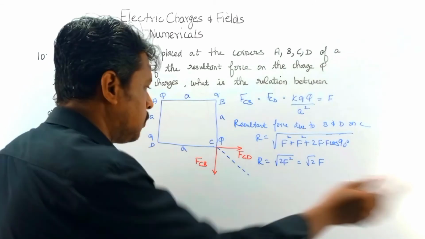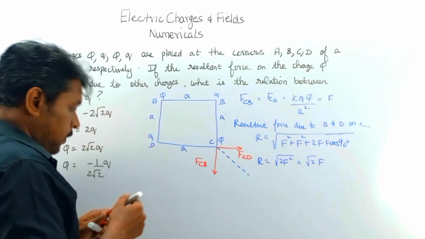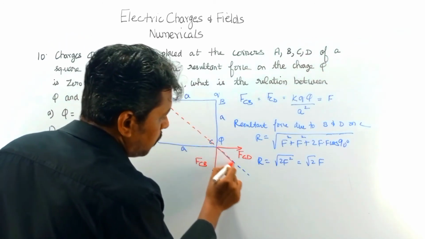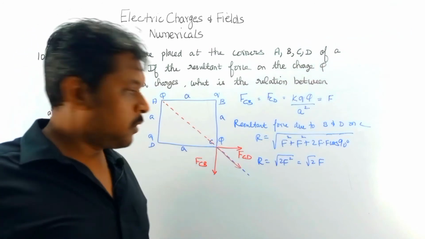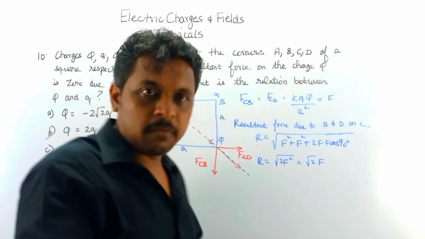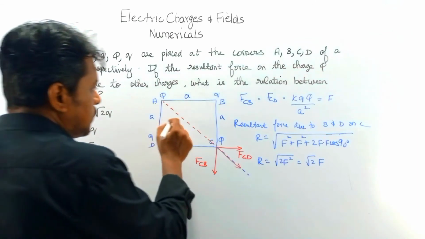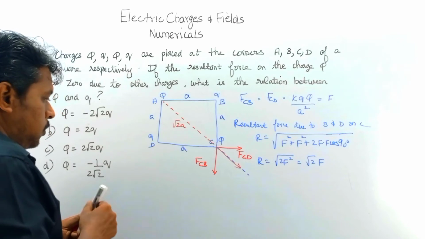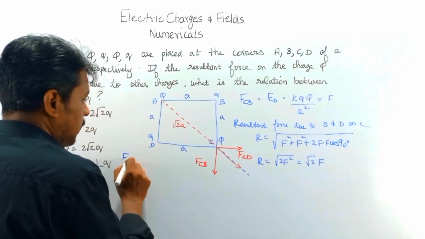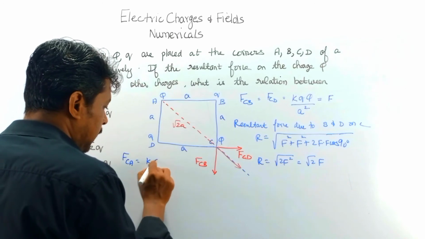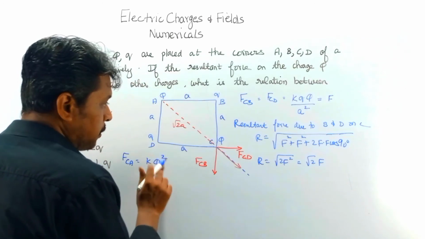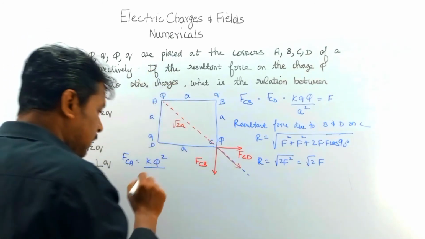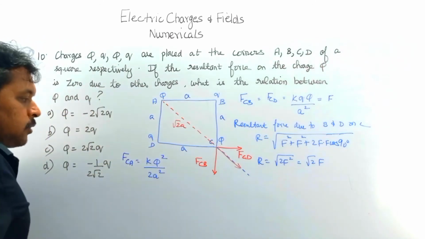So we have another force also due to the charge kept at A. That will be pointing in this direction. That will also be pointing in the resultant force direction of these two forces. So we have to add that force also. It is separated by distance root 2a as it is a diagonal. So we have to find the magnitude of this force also. So the force FCA will be equal to K Q square, because Q and capital Q both are the same, by the distance root 2a the whole square, which becomes 2a square. So this is the magnitude.